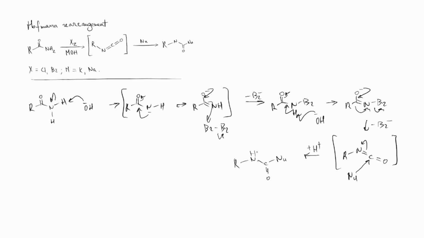So we can just mark this as an amide product. Let's say that the nucleophile in this case was water. So as it attacks the electrophilic center of the isocyanate, we are now left